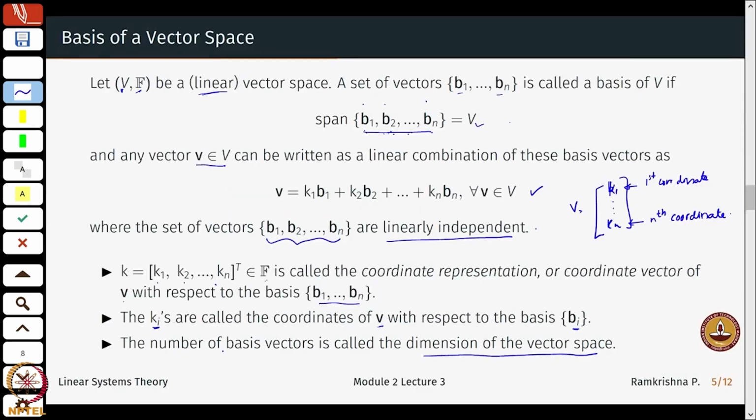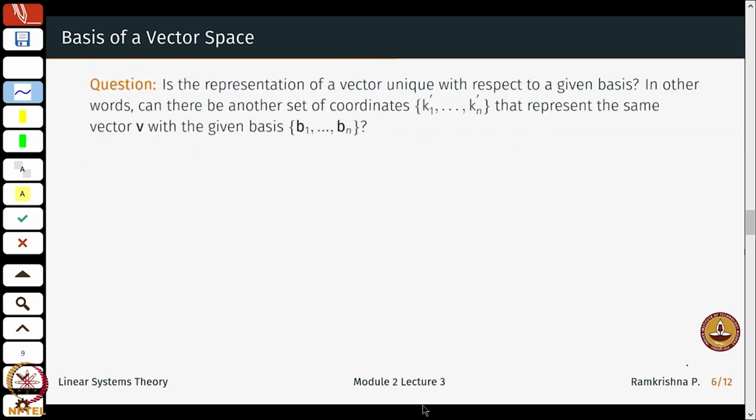Okay. So the number of basis vectors b1 till bn which span V and which are linearly independent, these two conditions, so this condition here and this condition here, are important, and this will be called the dimension of that vector space. Okay. So an important and interesting question to be asked is: is the representation of a vector unique with